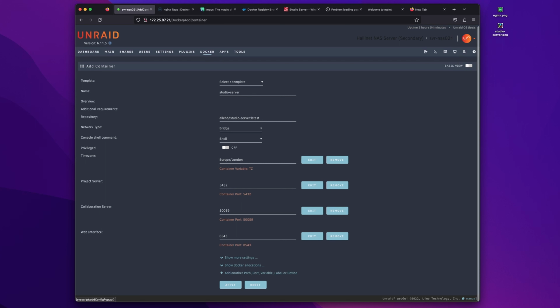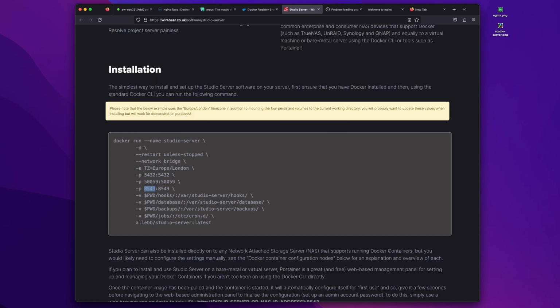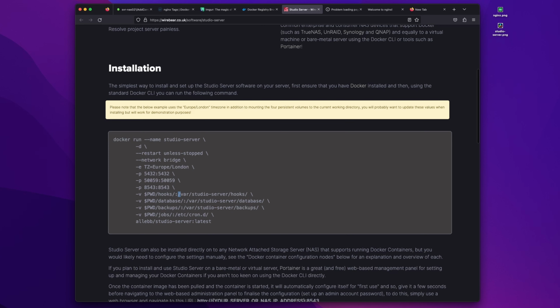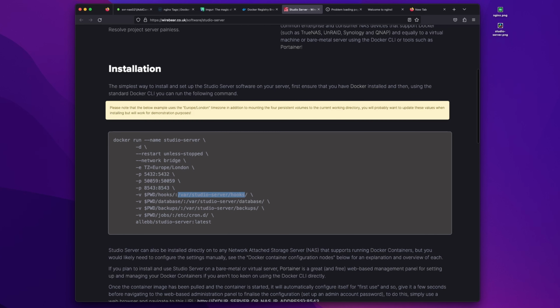Okay, so with each of those 3 ports now configured, we can move on to the volume section. So -v here is saying that we want to mount a persistent volume from the host machine. Again, anything on the left-hand side is host, anything on the right-hand side is container. So basically, we want to set a path on our host, and we want to map it into the container at this path here. So this time we're going to copy this value, and we're going to go back to